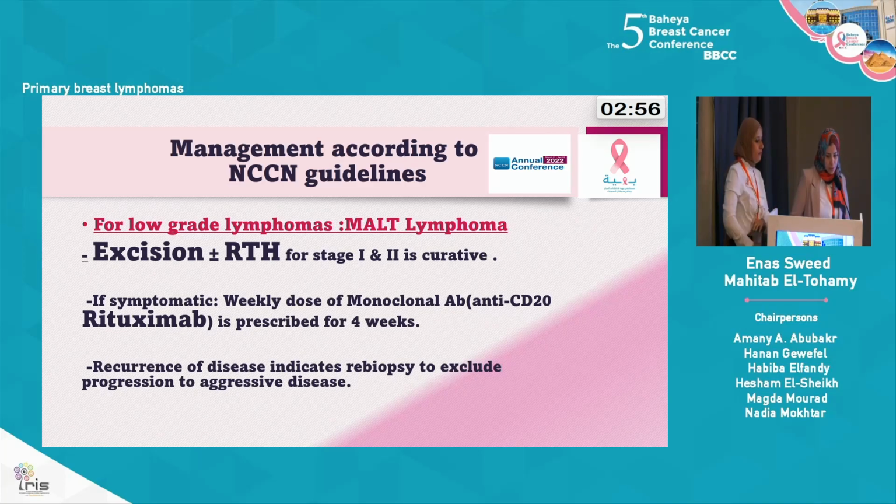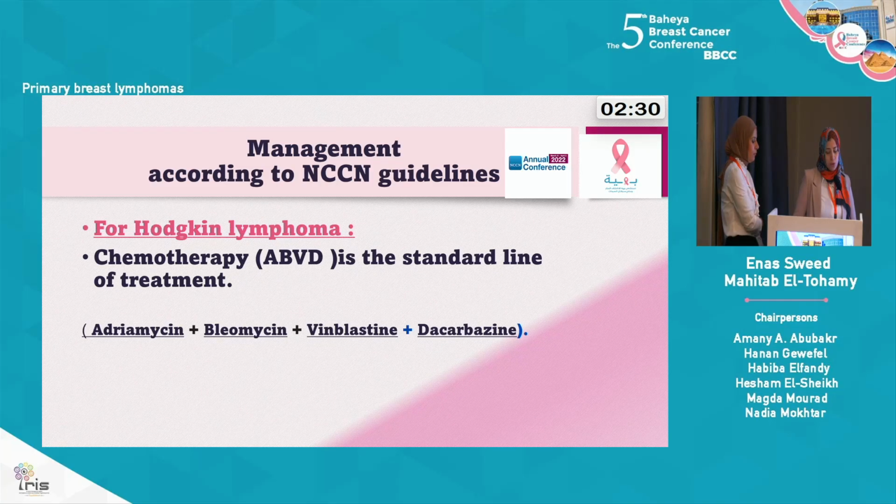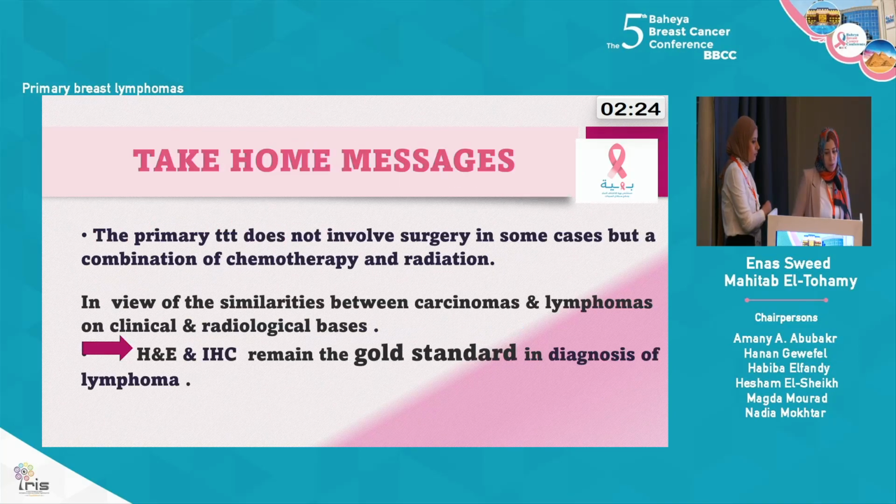Management according to the NCCN guidelines: for low-grade lymphomas, excision plus or minus radiotherapy is almost curative. If cases are symptomatic, rituximab may be added, but recurrence of the disease indicates rebiopsy to exclude progression to an aggressive disease. For high-grade lymphomas, systemic treatment by 4 cycles of R-CHOP regimen is described. And for Hodgkin lymphoma, chemotherapy with the ABVD regimen is the standard line of treatment. So as we can see, the primary treatment doesn't involve surgery in some cases, but a combination of chemotherapy and